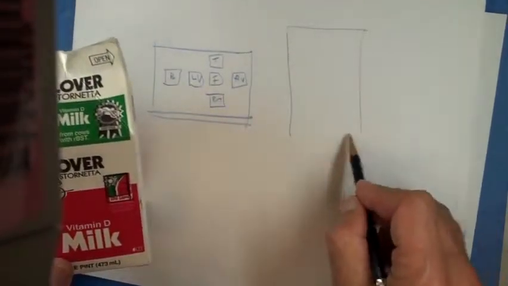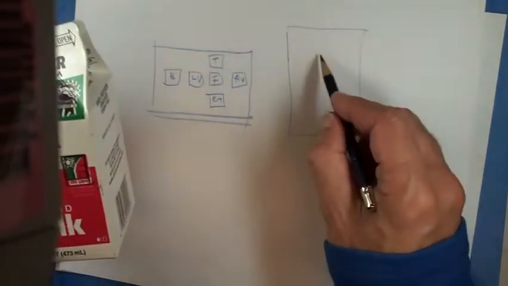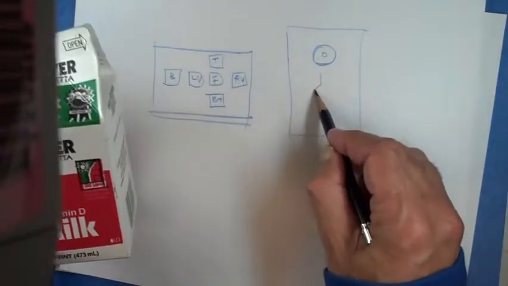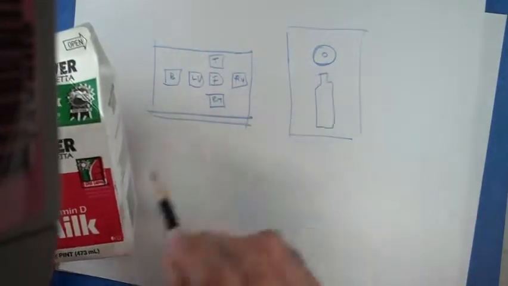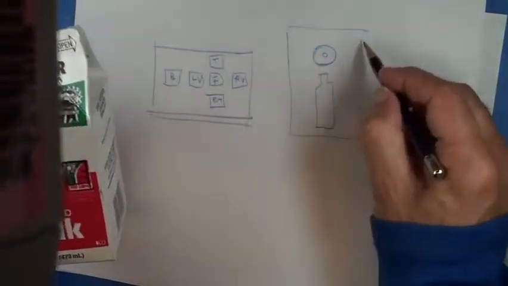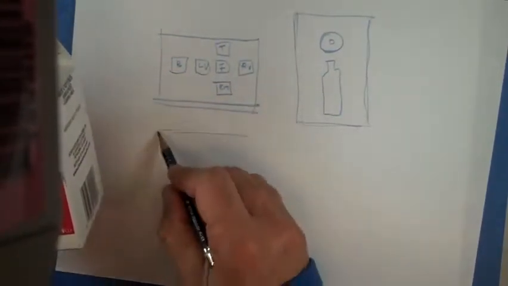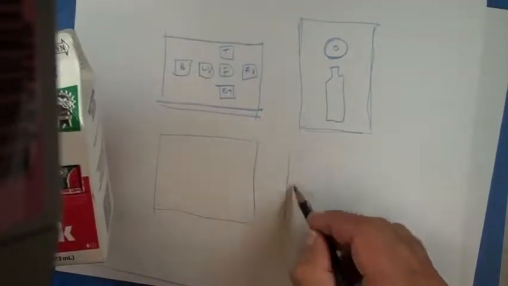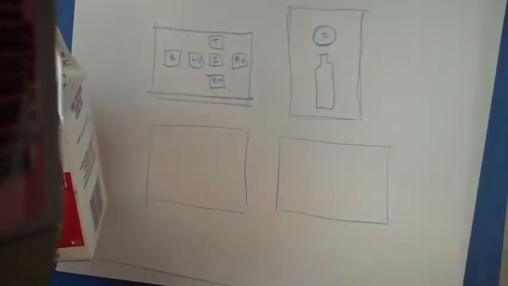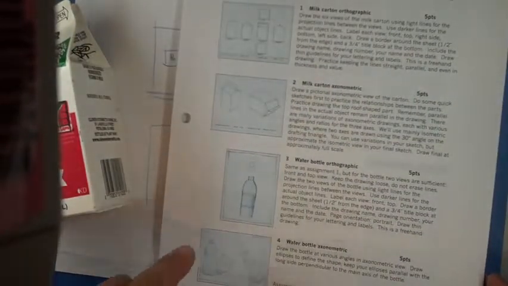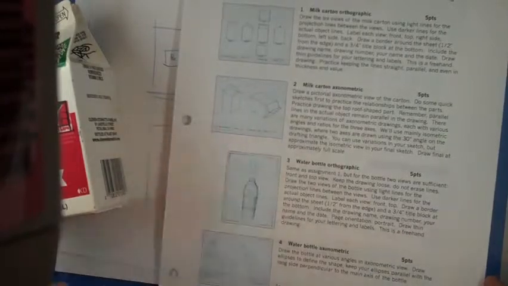For the bottle, it's going to be a little different because you really just need two views for the bottle, and we're going to do a top and a front. All right. And then for each, if you look at the assignment sheet, we're going to do 2 or 3 views